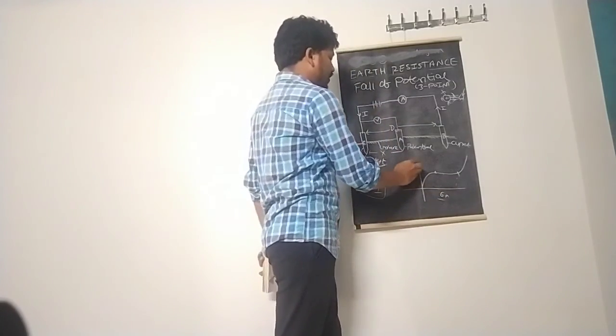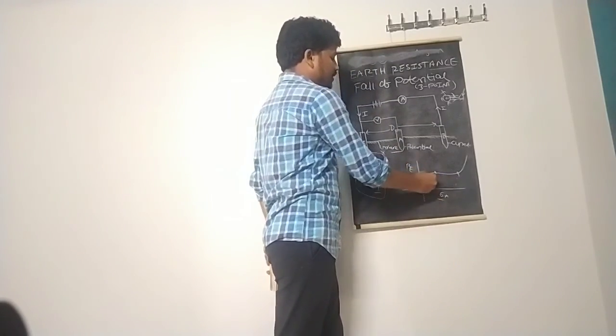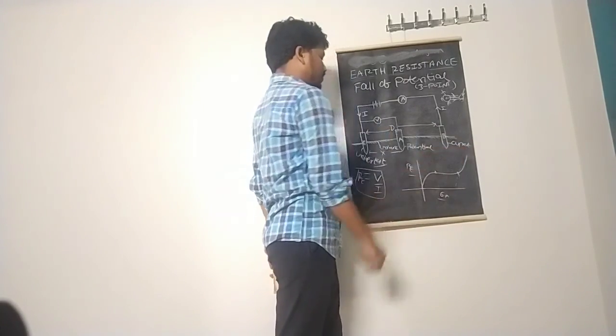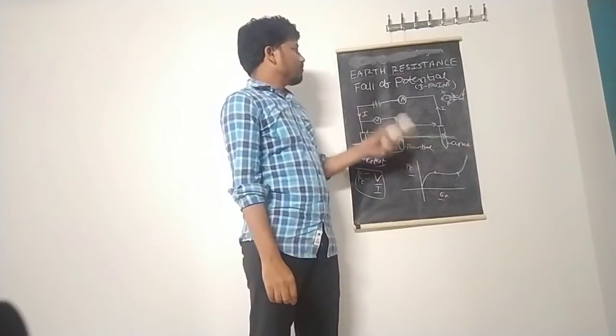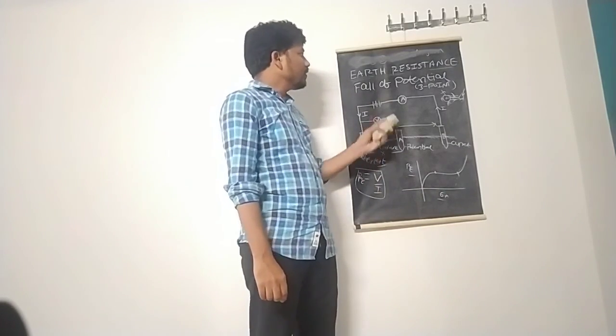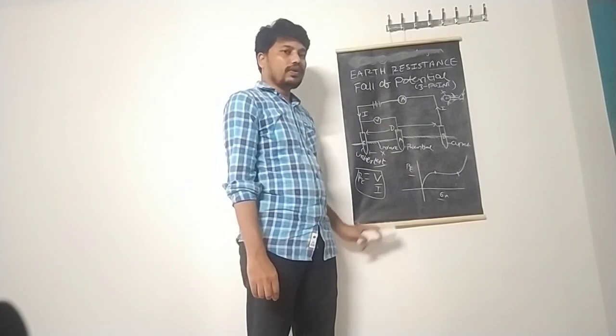This is the earth resistance Re versus EA. This is increasing slowly. After that, it is constant, then again increases enormously. So this is the fall-off potential. In this fashion, we can determine the earth resistance of the particular